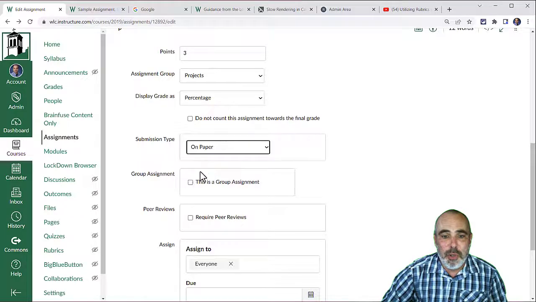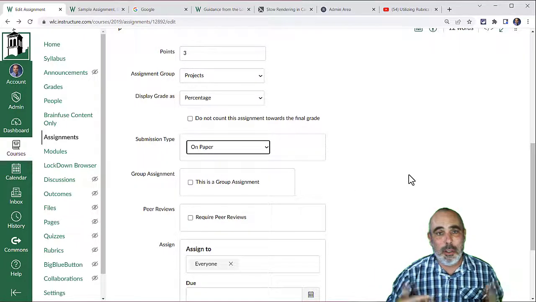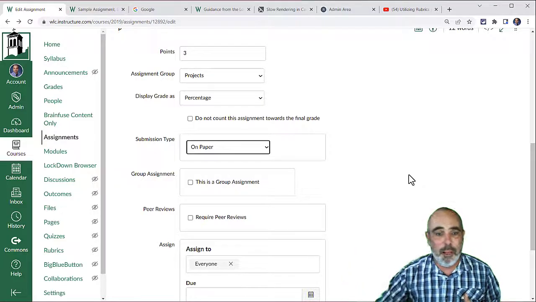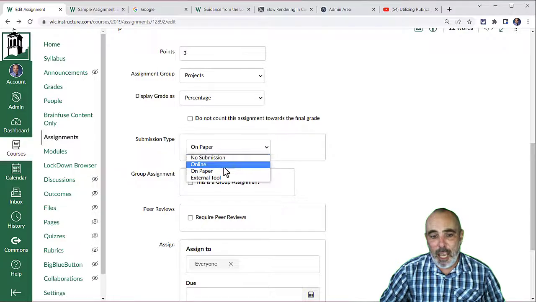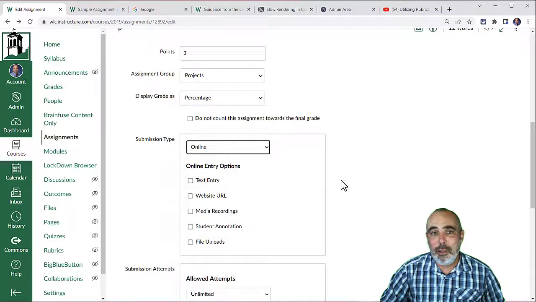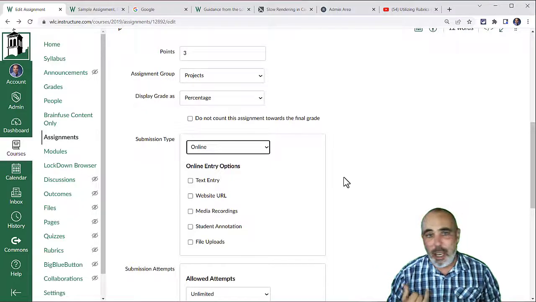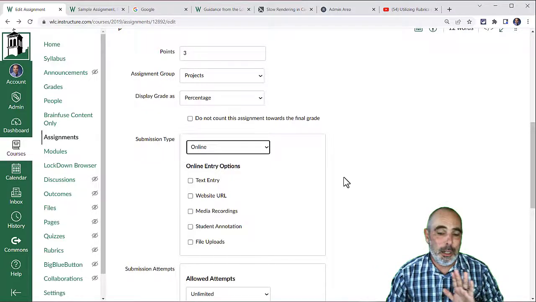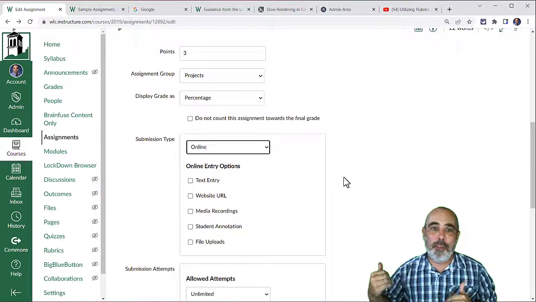I could also do an on-paper assignment, something that I'm asking you to print this out and turn it in, or it's a lab notebook, whatever, it's on paper. I strongly encourage you that anything that can be digitally created or digitally captured, whether it's via a scan, a photo, a video, or an actual file they've created, use that, because students quite often have to go back and grab these artifacts for things like